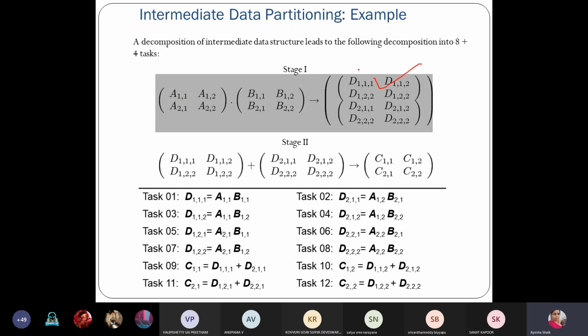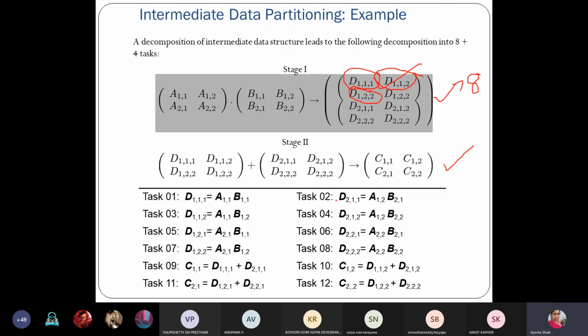So let us take the intermediate value computation as stage 1, and the final result computation as stage 2. In stage 2, whatever intermediate values we got, we sum them up. Now here the tasks can be taken as this is one task, this is another task, this is another task. So like that, here I have a total of 8 tasks.